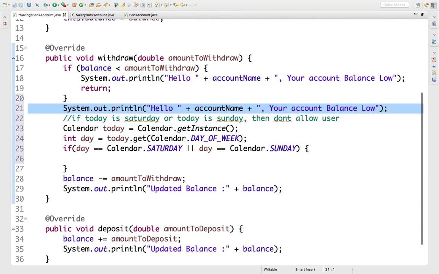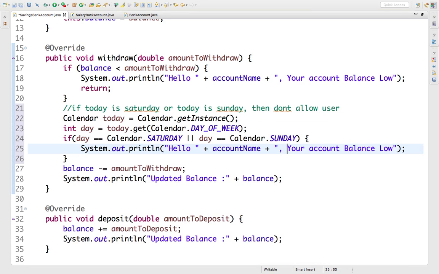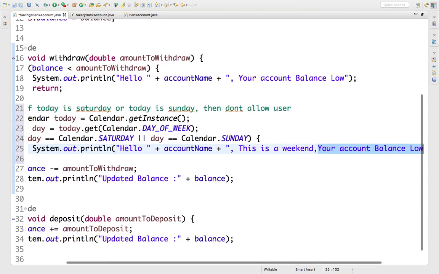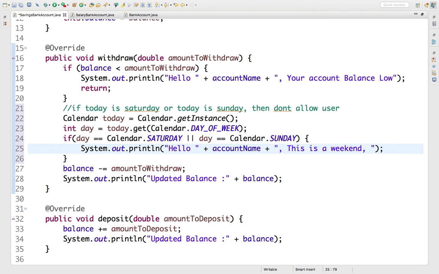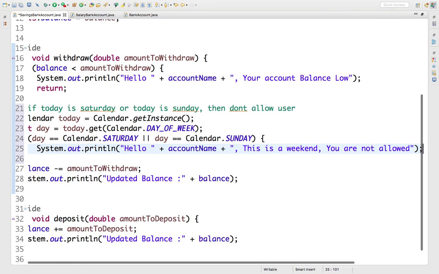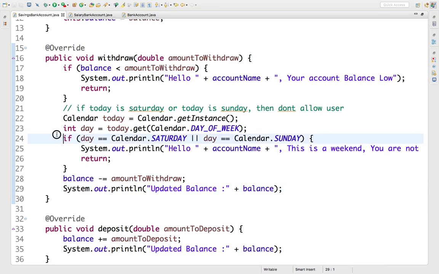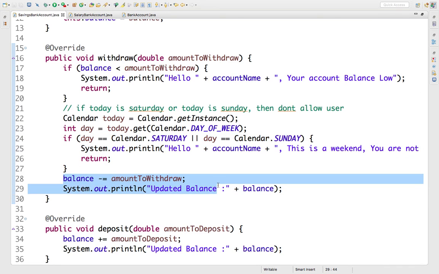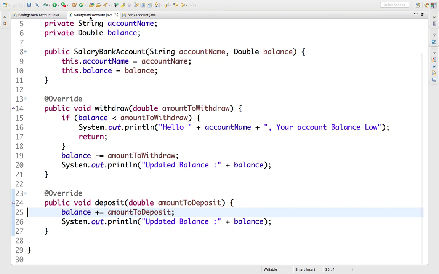It should say hello and the name of the user, this is a weekend and you are not allowed. Fine. This is what should happen, and at the end we should click on done, and then it returns. If it's not the case, then it's going to update the balance. Now you can see the same bank account interface is there, but we have two types of logic on the